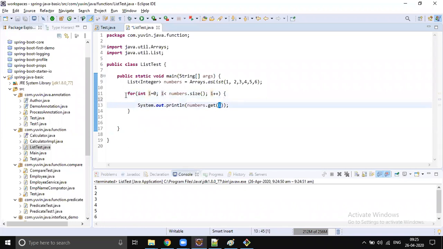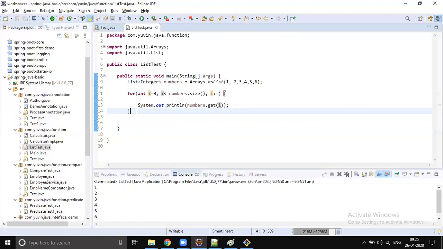It looks pretty easy, and we have been doing this for so many years. Writing a for loop is an easy thing for us, but it is the most complicated way of iterating a simple number list and printing it in the console. For that, we are writing so much code.